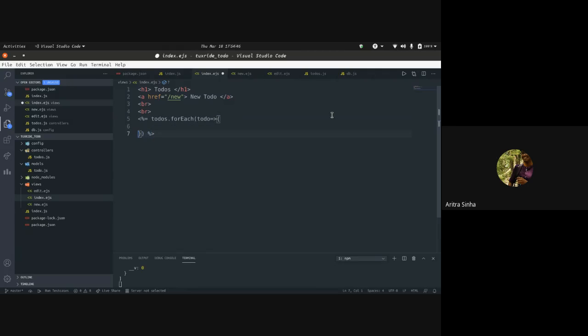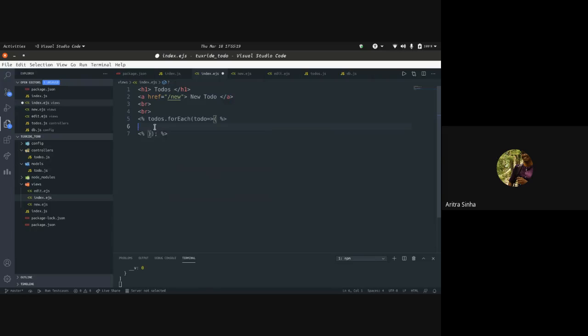And every separate line would require you to add these kind of braces and a percentage sign, to understand which are the lines which are JavaScript, so that they can execute accordingly. And now inside this we can print whatever we want for each and every to do. So let's say we have 5 to dos, we are iterating and we'll be printing all of it.